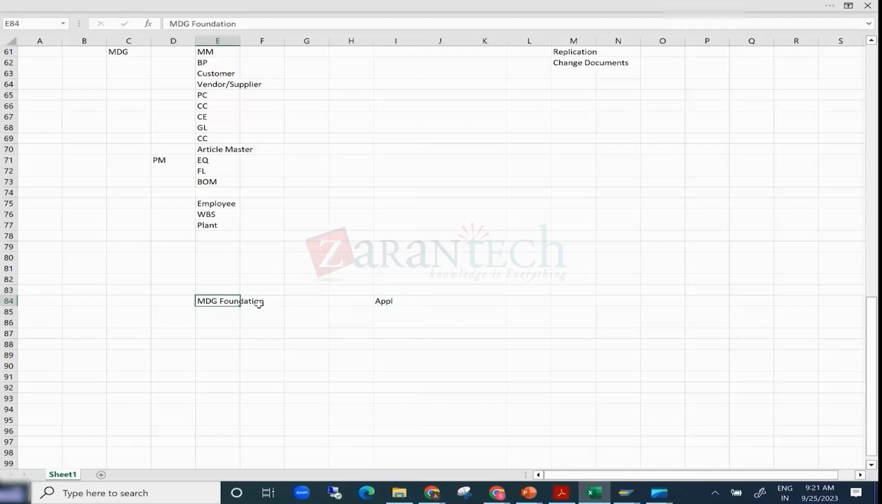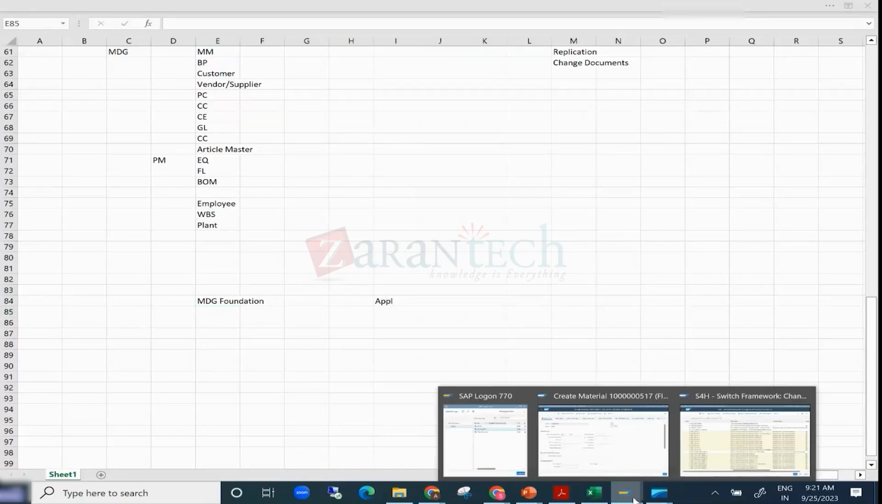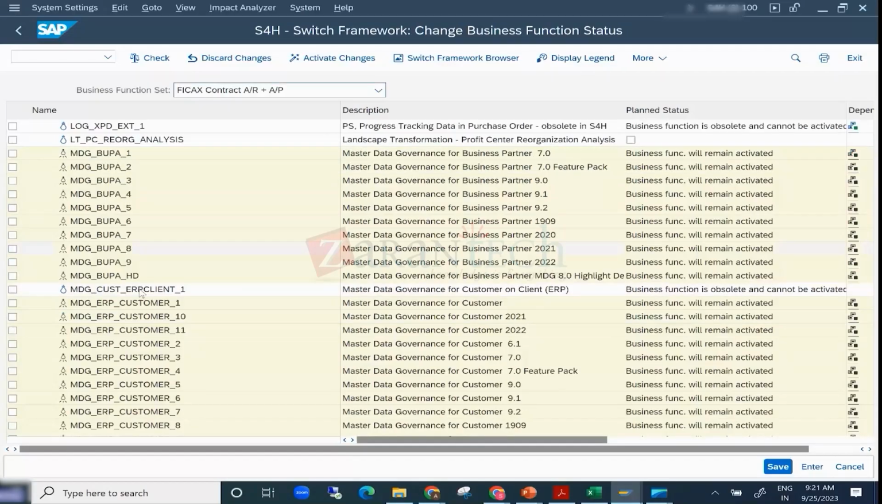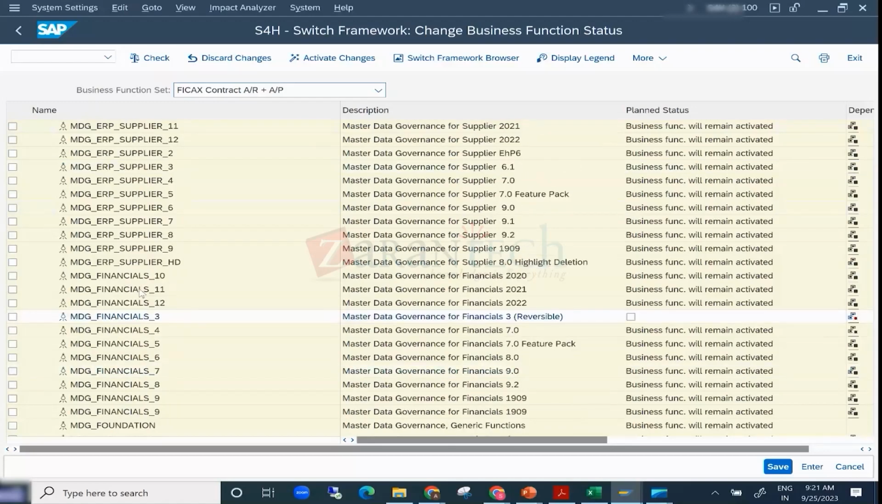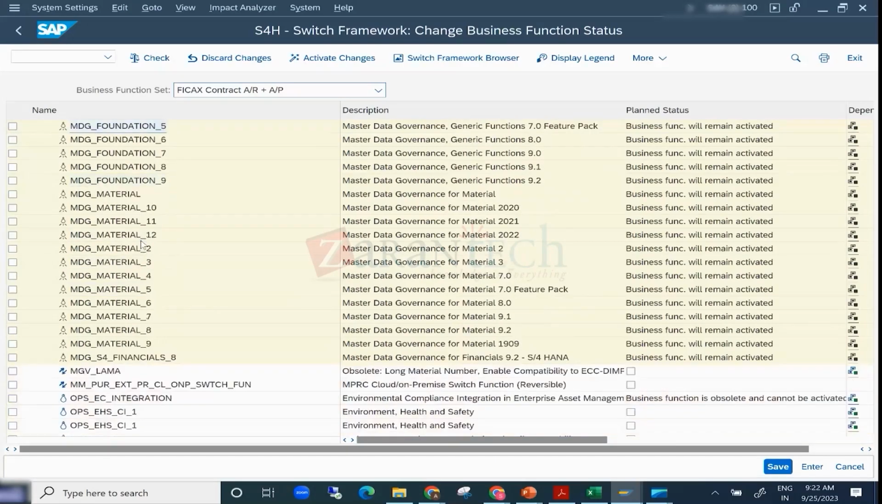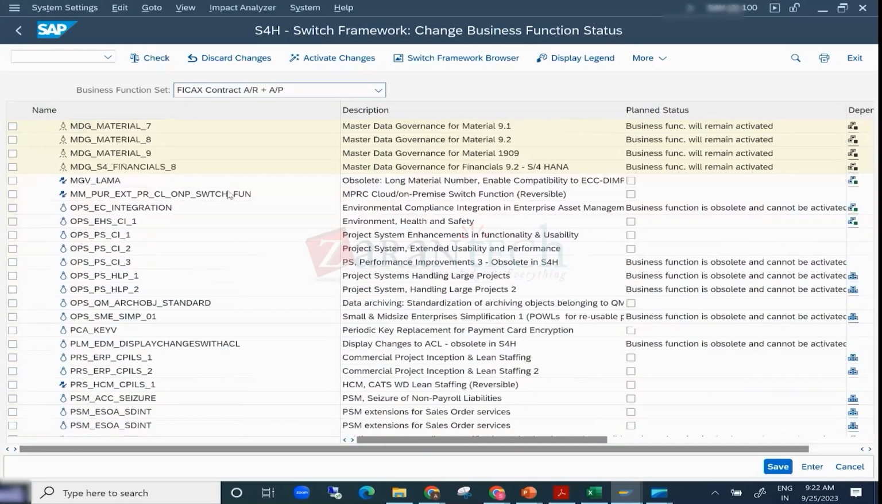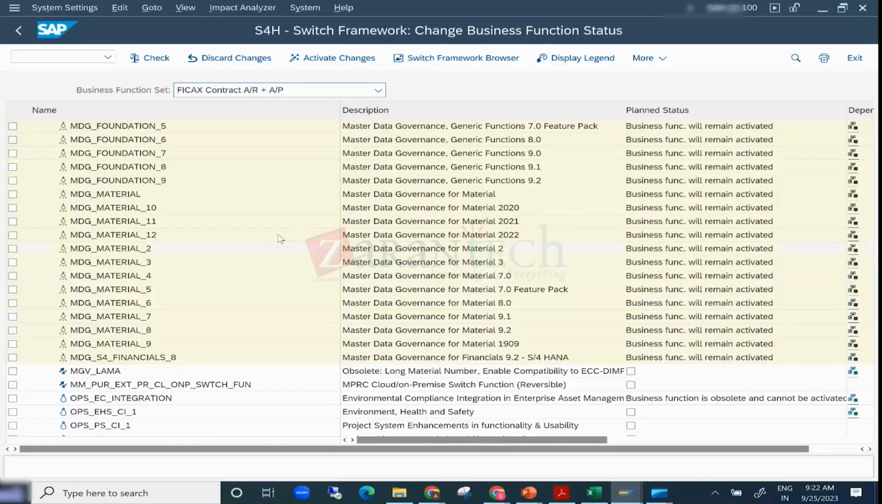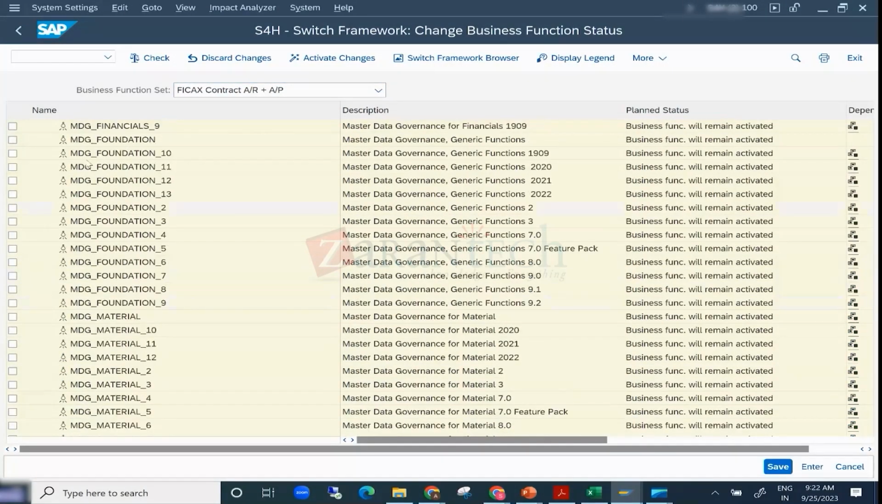In the foundation, irrespective of your master data, there are certain base components required. That means base elements, base classes, all the required objects. So we call it a foundation. When you activate here, foundation is the first mandatory one. So first you need to activate this foundation. Once you activate it, you need to activate all the business functions from foundation, then 2, 3, 4, 5, 6